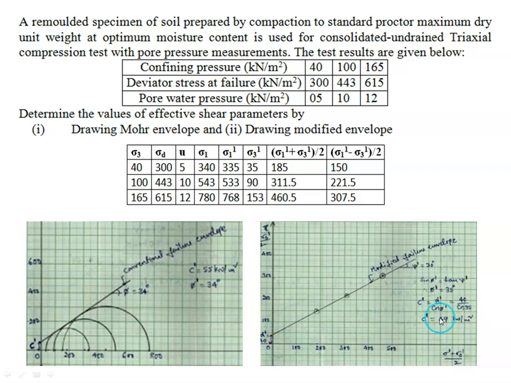Then we know the relationship between phi and Z as well as C and D. We know that sin phi dash equals tan Z dash. So knowing the value of Z dash, we can find the value of phi dash. Then the D dash value is estimated from the plot, which is 40. Now using the relationship between C dash and D dash, we can estimate the value of C dash, which comes as 49 kilonewton per meter square.